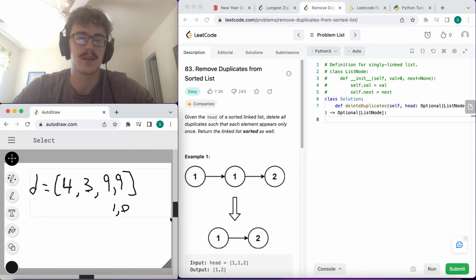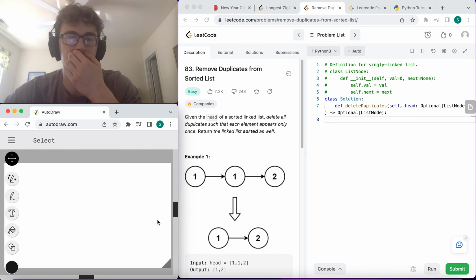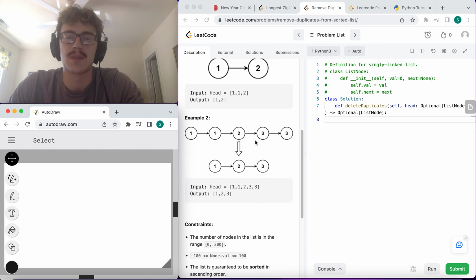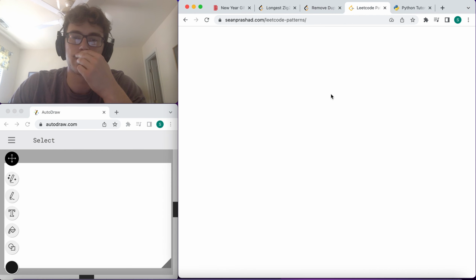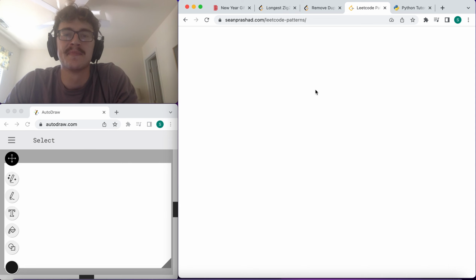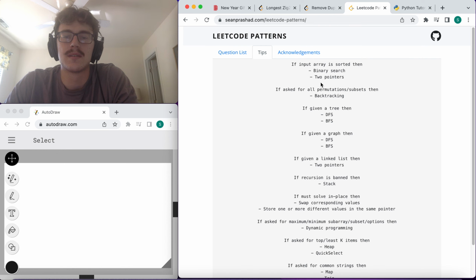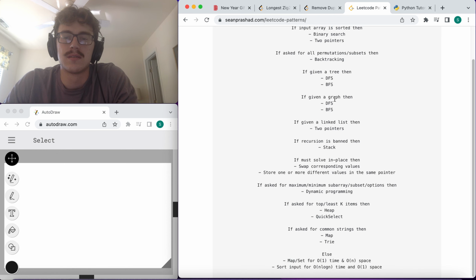Let me delete this stuff. Given the head of a sorted linked list, delete all duplicates such that each element appears only once. Return the linked list sorted as well. Okay, so that's pretty straightforward. Let's see if Sean Prashad has anything to say. If given a linked list, two pointers,